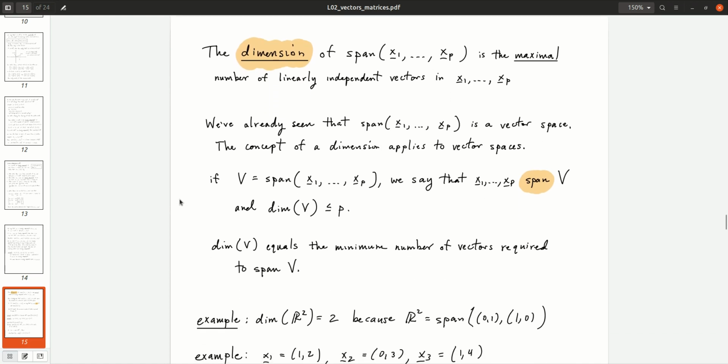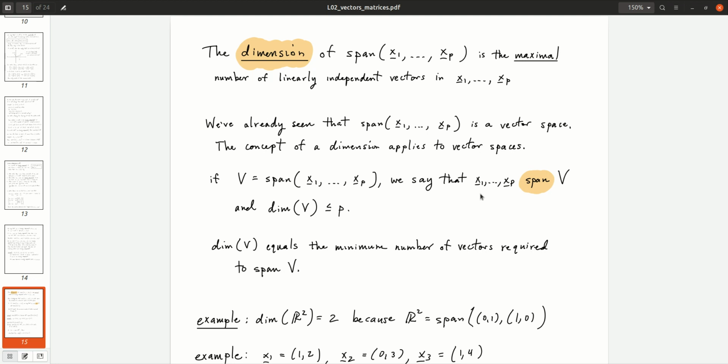Okay. Now we've already seen that the span of a set of vectors is a vector space. And the concept of a dimension also applies to a vector space. The way I'm going to define the dimension of a vector space will seem a little bit odd at first, because I'm going to define it with an inequality. But I think this makes it clearer what the equality definition is if we first define the inequality definition. Okay, so if we have V, a vector space, which is the span of x1 to xp,